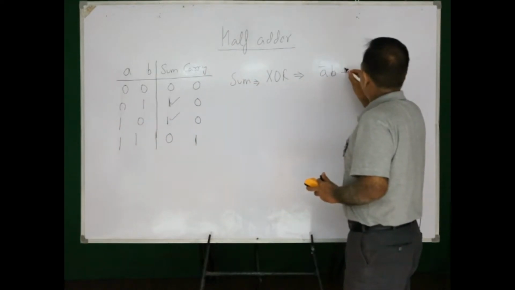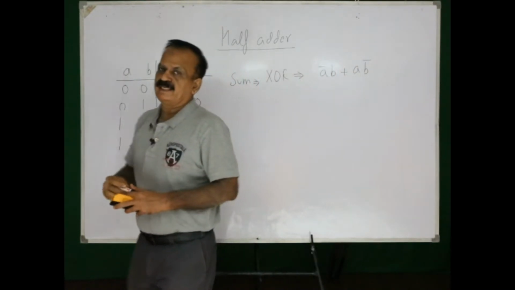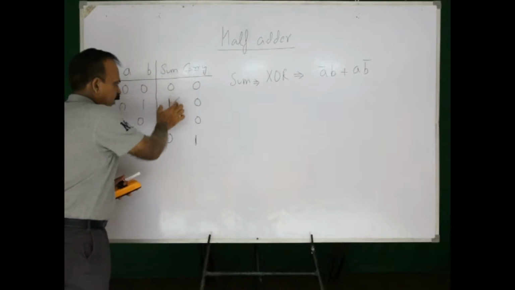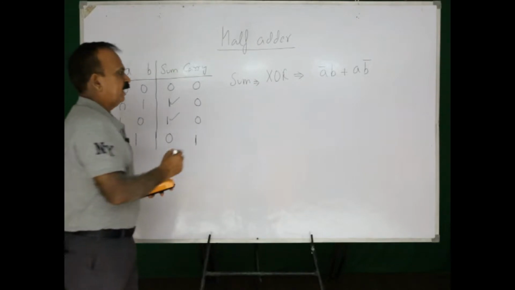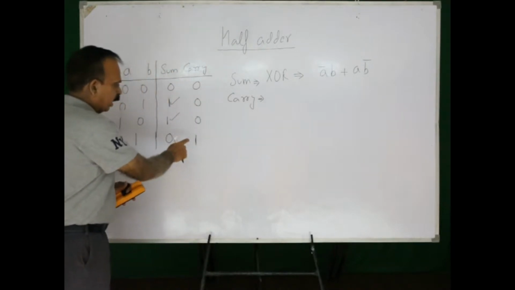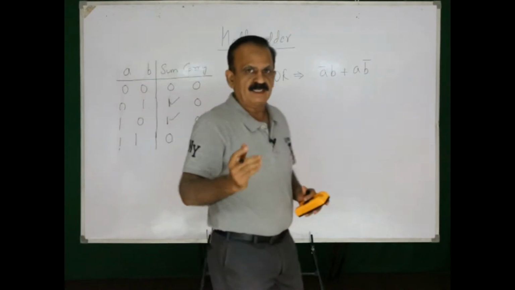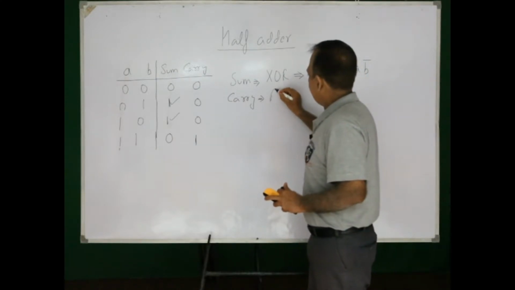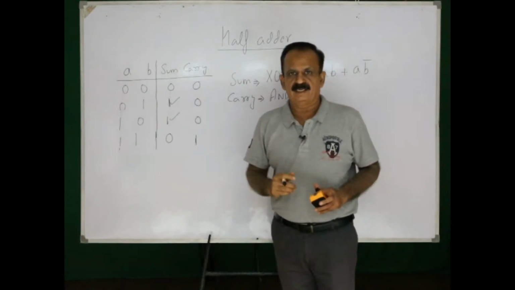That means the entry will be A and B bar. Now this is how I got the sum of product expression for this particular output value, and that value is sum. What about carry? A careful observation of carry indicates the output value is 1 when all inputs are 1, and this represents the logic of AND gate, because in AND gate the output value will be 1 if all the inputs are 1.